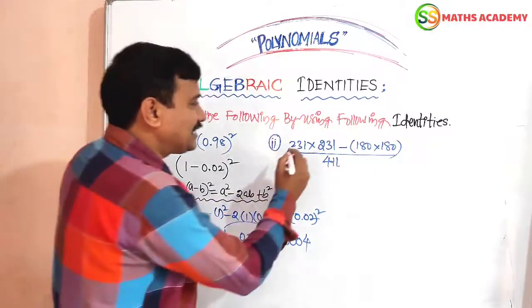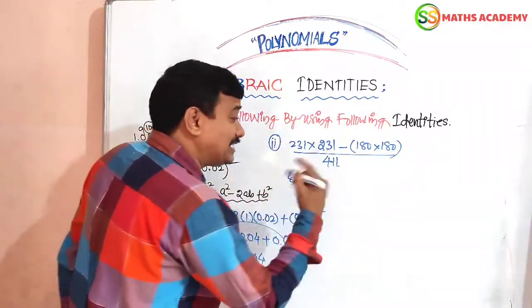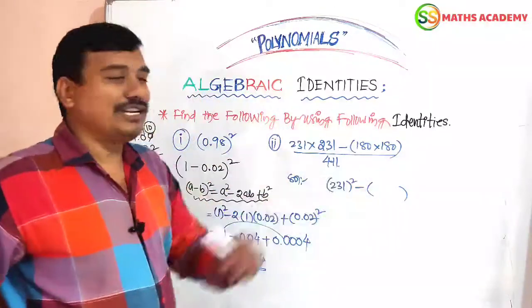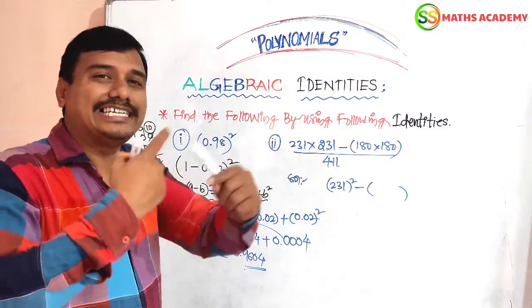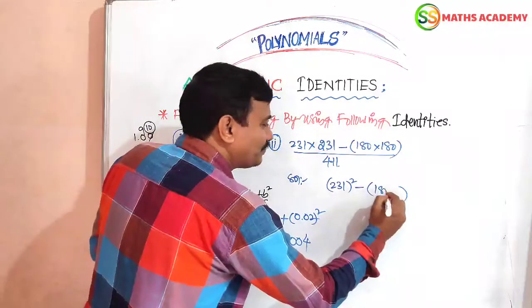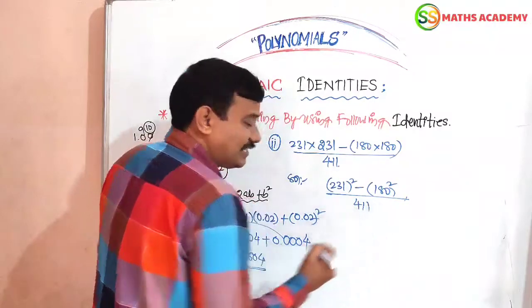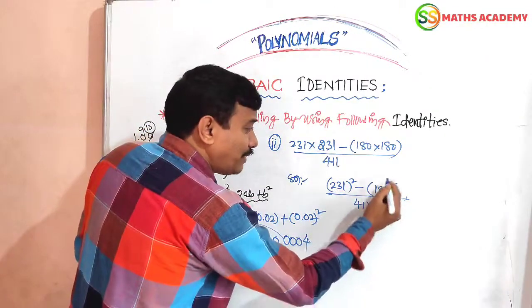And one more good question in front of you. Let us see. These two terms are same. x into x square means 231 whole square. Inside the bracket it is also 180, 180. Repeating twice means 180 whole square. Here 411 is as it is, a single term. Now a square minus b square.